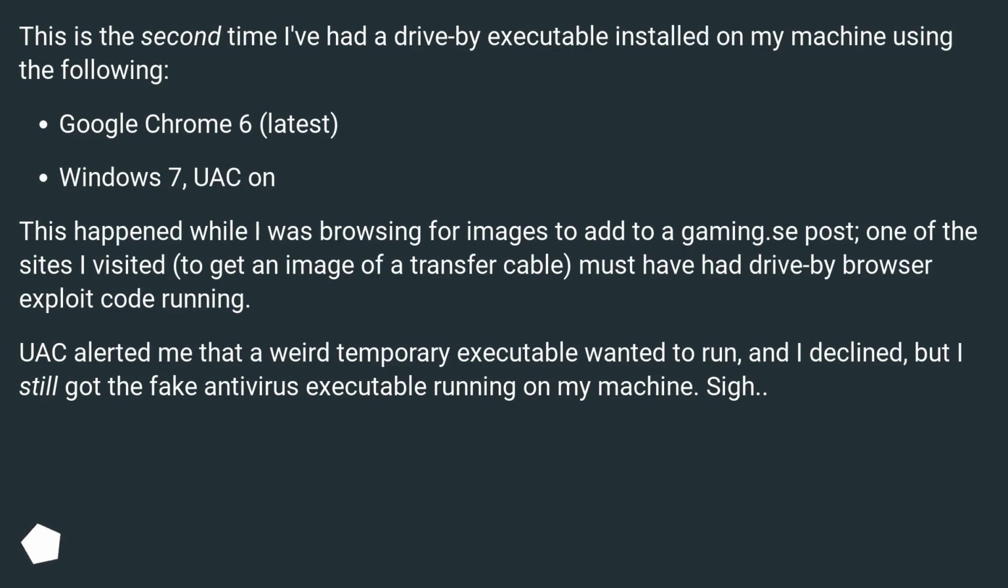This is the second time I've had a drive-by executable installed on my machine using the following: Google Chrome 6, latest, Windows 7, UAC on. This happened while I was browsing for images to add to a gaming.ca post. One of the sites I visited, to get an image of a transfer cable, must have had drive-by browser exploit